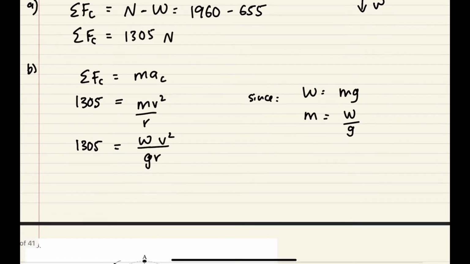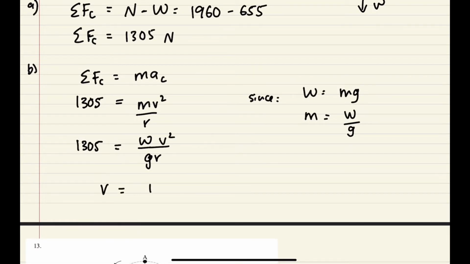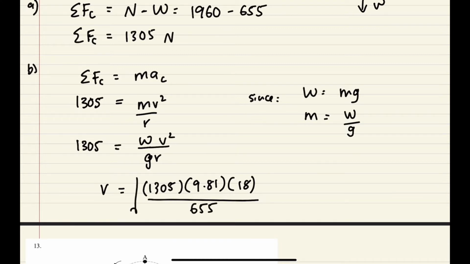times v squared over r. So they want to find the v. So v here is equal to 1305 times 9.81 times 18 divided by the weight, which is 655, and take the square root of everything. 1305 times 9.81 times 18, divided by 655, take the square root, 18.76